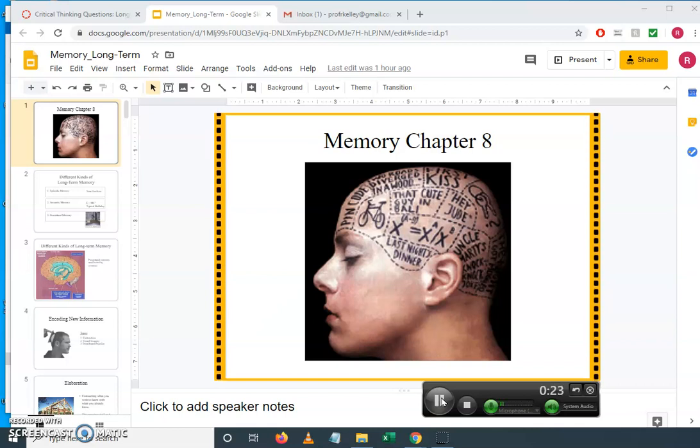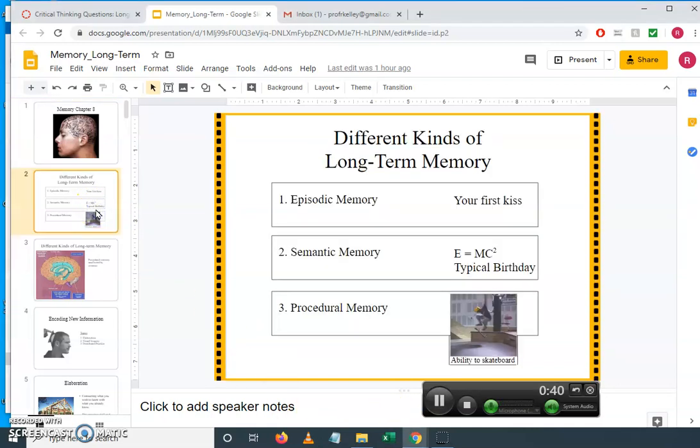To what degree do we rely upon scripts, typical events, such as a script for a birthday party or a script for fast food, to be able to navigate and get through this world? Is there just one memory system or multiple memory systems? These are just some of the questions we'll be addressing. So there's at least 3 different types of memory systems that have been addressed: episodic memory, semantic memory, and procedural